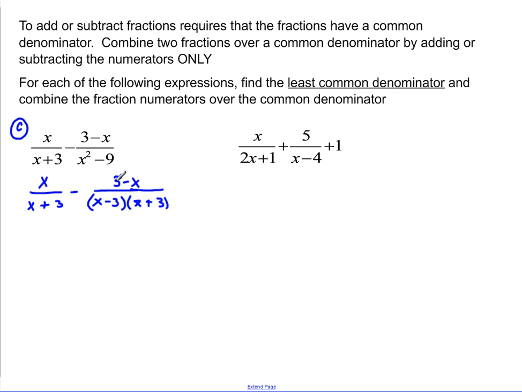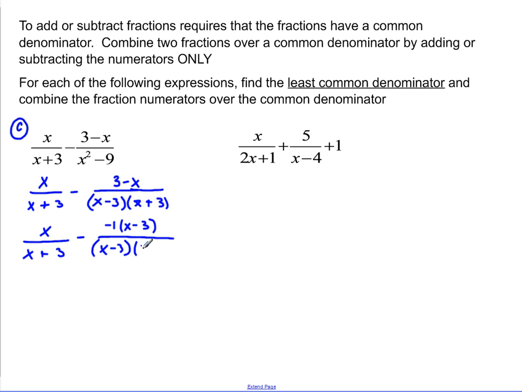Yeah, that x minus 3 and that 3 minus x are really the same thing, except one is the negative of the other. It's equivalent to writing x over x plus 3 minus negative 1 times x minus 3